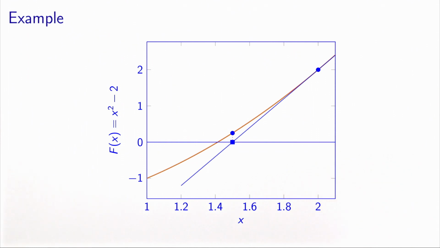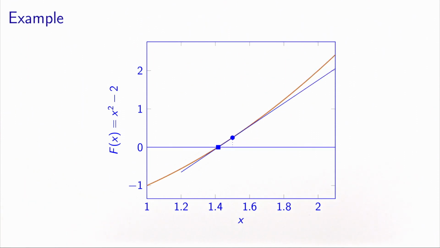So what we do is we start again. We take this point as a new iterate, and we apply the same idea. We calculate a tangent of the function at the new iterate, and we check where this tangent intersects the x-axis. And visually, you see that after 2 iterations, we are pretty close, actually, to the solution, to the point where the function intersects the x-axis.